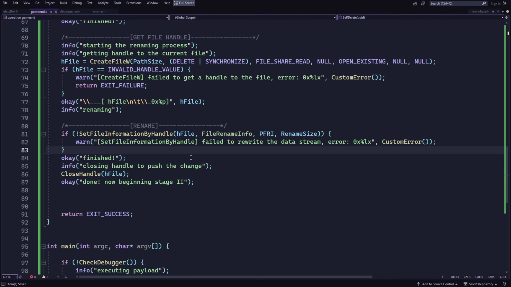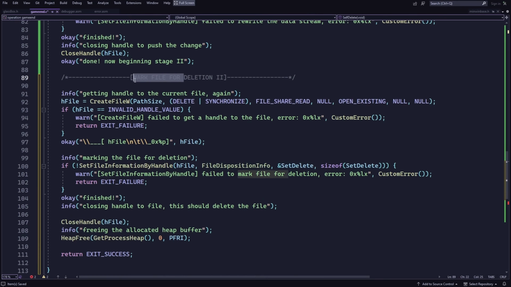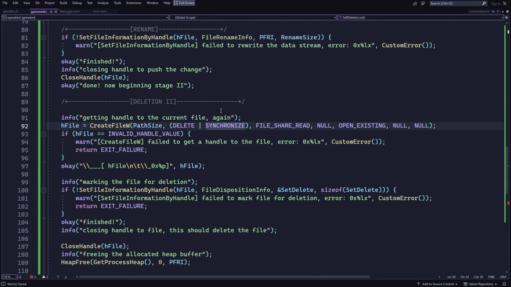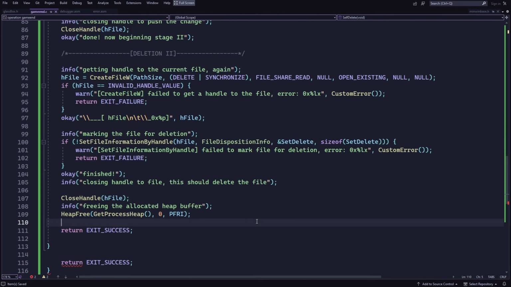And to actually push out the changes and, quote unquote, refresh this file, we close the handle to it, because with this function, you set a change and it'll change on exit, pretty much, or change on handle closing. And so that's what we do. So after we close the handle on it, it would have had this new alternate data stream. And we had the mark file for deletion here, but this over here, this brand new section,